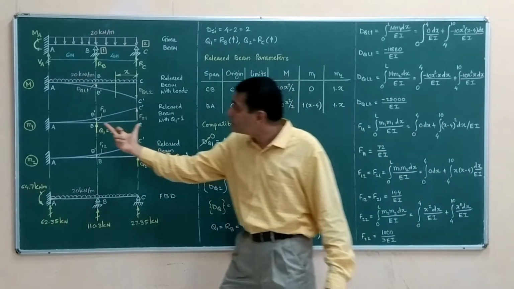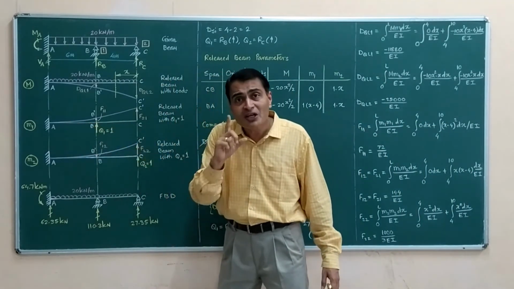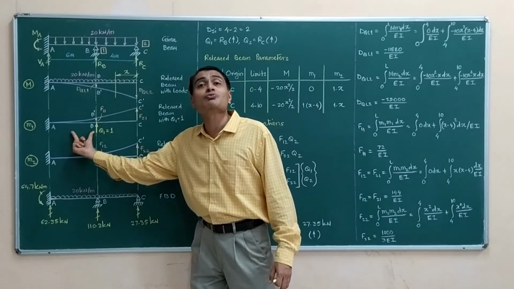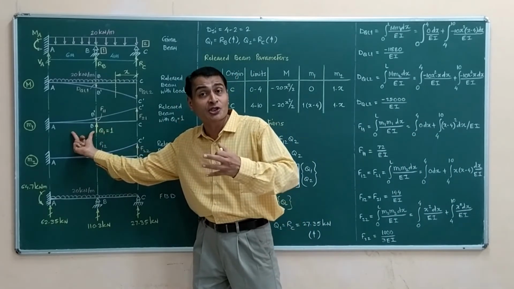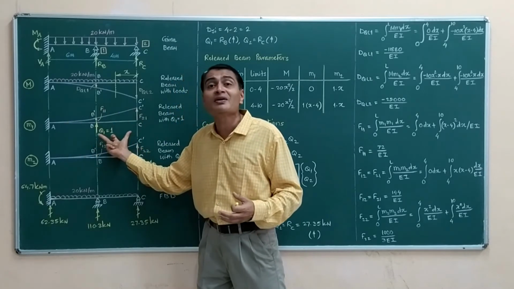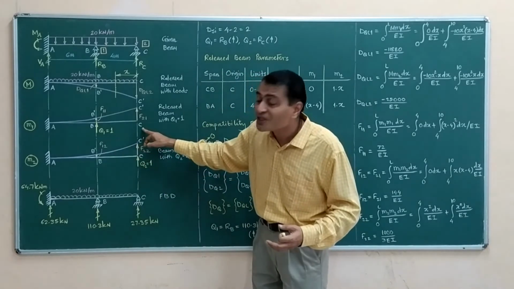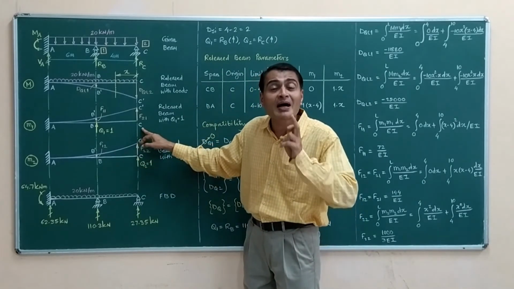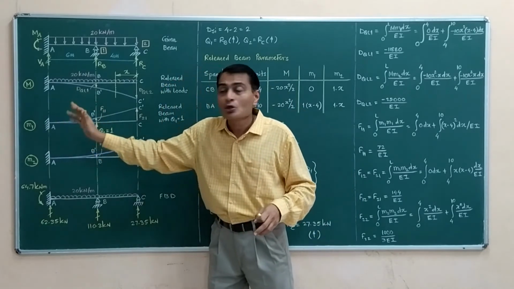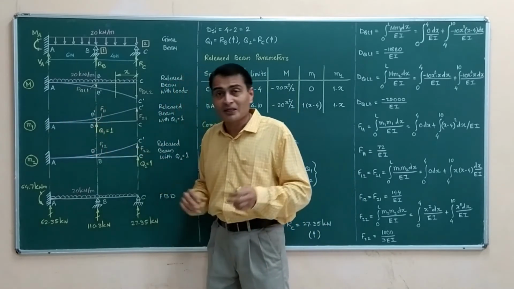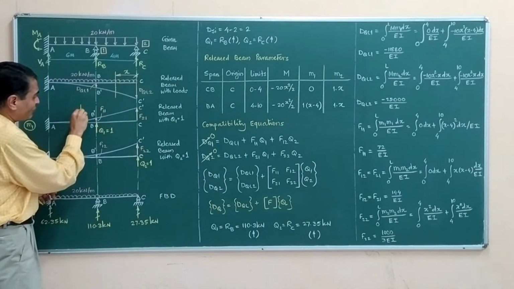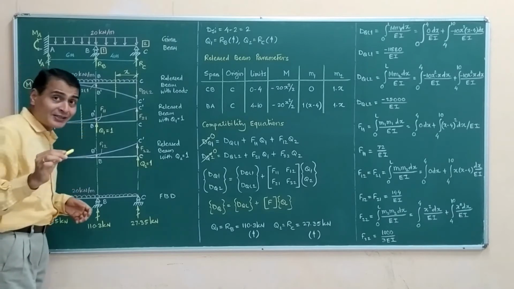As far as span BA is concerned, there will be bending moment. It is going to be 1 multiplied by this much distance, wherever is my section up to that section. Now that distance is going to be total x minus this 4 meters distance because my origin is C. I am counting my x from C, but my span is B to A. So this much distance is going to be, I don't know how confusing it is or whether I am going very fast or whatever. So anyway, I will try to explain.